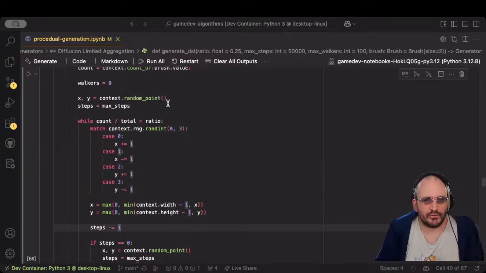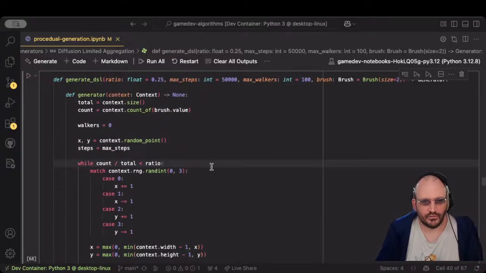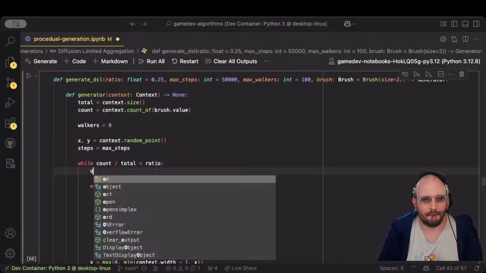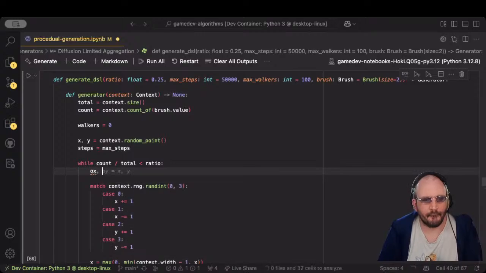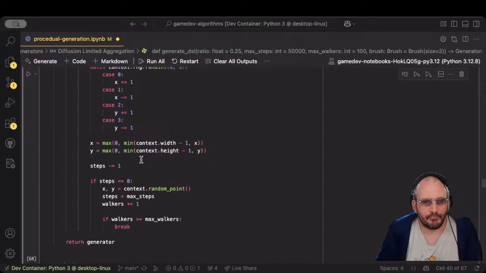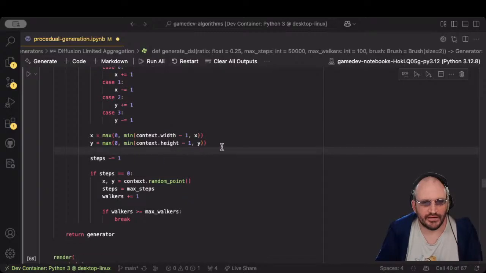Okay, and then we're going to want to keep our original x and y, so we keep the original x and y. And when we've made our step,